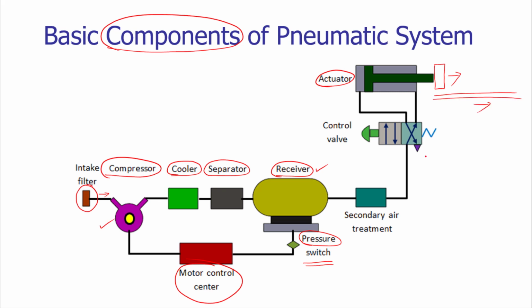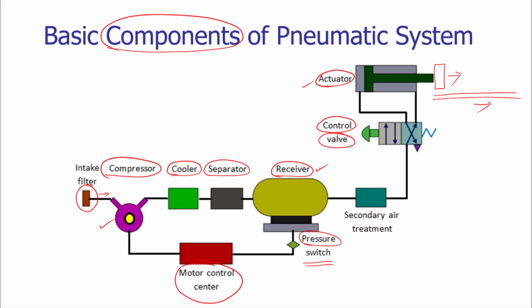So for actuation, for carrying out certain work, we need to have the utilization of this compressed air from the receiver. So to get it, we need the actuator, and to control the flow of this compressed fluid, to actuate the actuator, we need the control valves. As we have seen in our previous lecture as well, the direction control valves are essential.